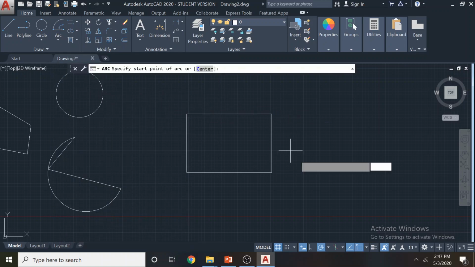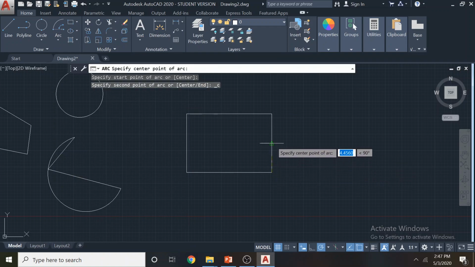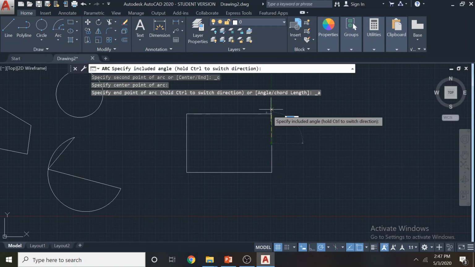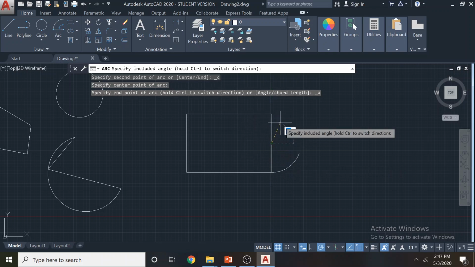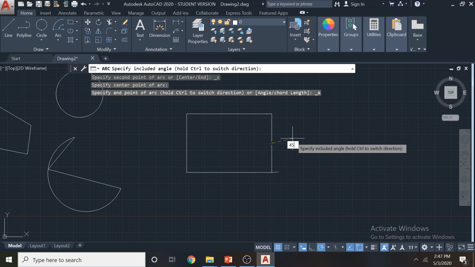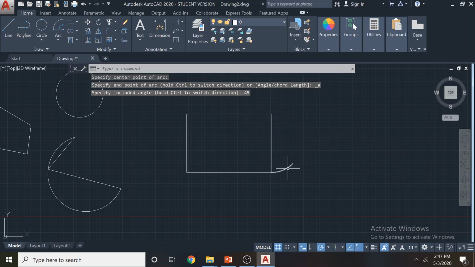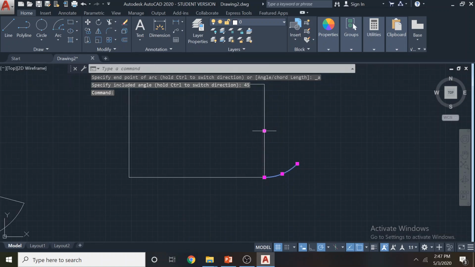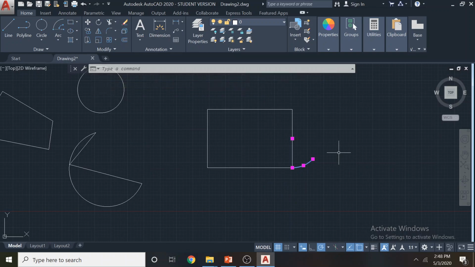I just use start, center. Now I should give an angle. If I give an angle, say 45, this is my arc shape. This angle is now 45 degrees, so you can control the angle and change the arc size.